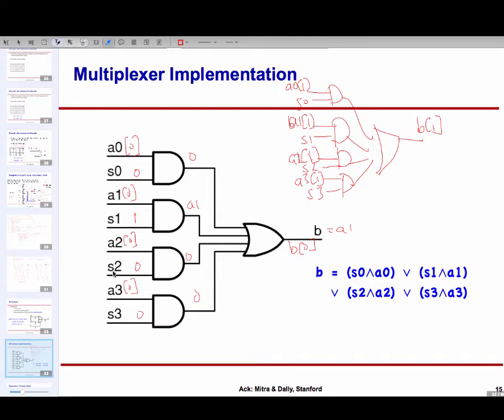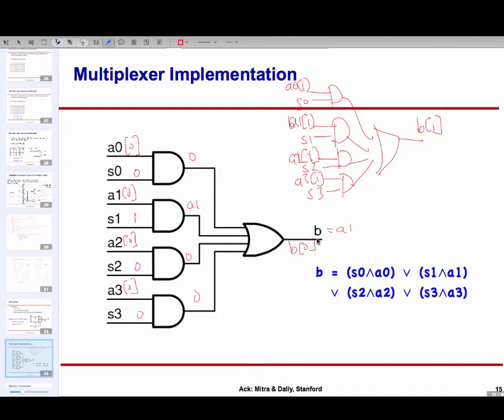So if S2 is high, then all the other 3 AND gates are going to have an output of 0. The second from bottom gate would see S2 is 1, and so the output of the AND gate would be A2. On the OR gate, 3 of the inputs would be 0, and 1 of them would be the same as the corresponding A input, and therefore that will appear out here. So you can work out the logic that this acts as a 4:1 multiplexer.